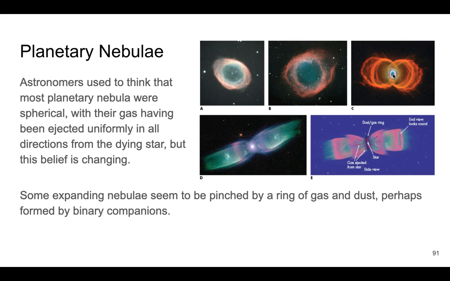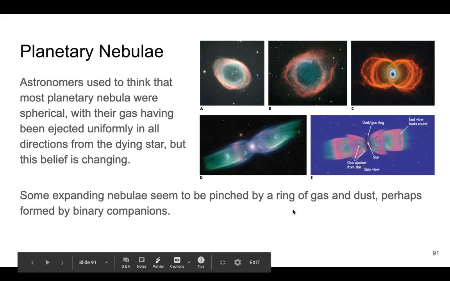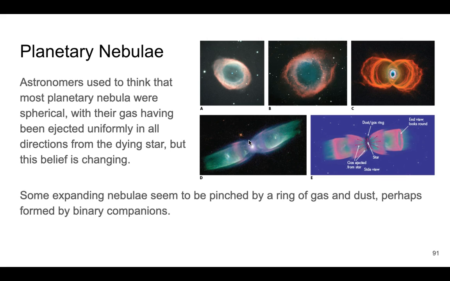This is the core in the middle, and then looking through it, we're seeing the other side of the hourglass. So it's a possibility. The other thing, if it's not a binary companion going around, I've heard maybe they think it could just be the planets that were going around the star continue to go around and affect the way the gas drifts away.